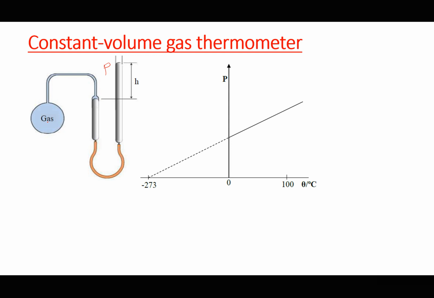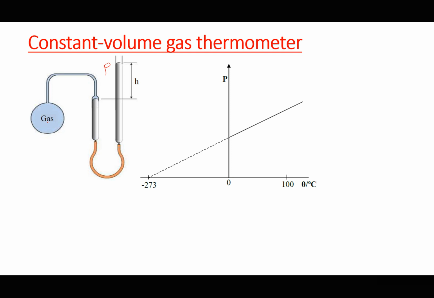Decreasing the pressure of a real gas will make it behave as if it is an ideal gas. And if it starts behaving as if it is an ideal gas, then we recall that